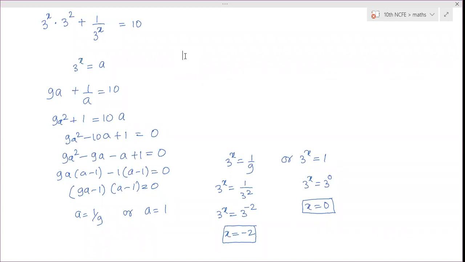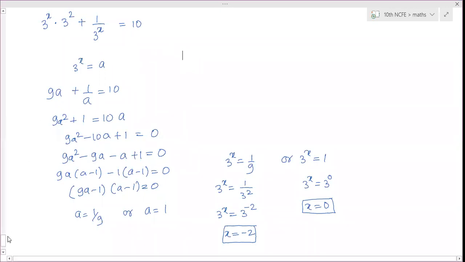Ma'am, where is the sum in RS? RS, Rana, which exercise number? It's the first exercise, Santosh. Quadratic equation, first exercise. Ma'am, did you assume 3 to the power x is equal to a? Without that, from where will we get it? A is not there. We have taken it as 3 to the power x. We have to consider it as a, and then after solving for a, we have to come back to find x.